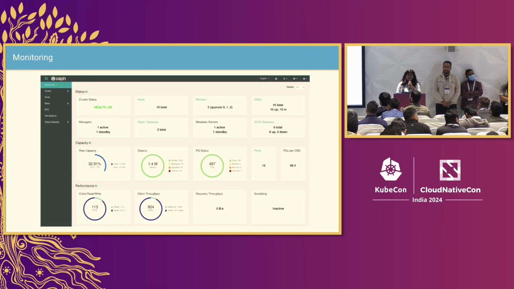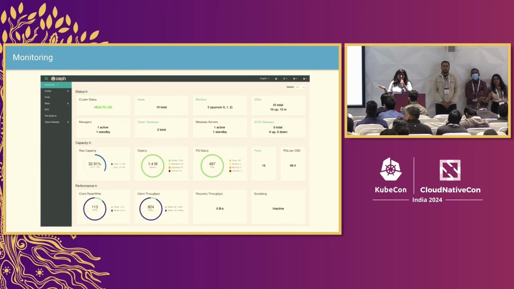And coming to the observability part of Rook, we also have Prometheus and Grafana integrated with Ceph. Currently for Rook, we are using these dashboards for providing the metrics associated with how the data is, where the data is. You can monitor the cluster status, see how many hosts there are, and check if there are any failures. Prometheus alerts are integrated as well, capacity, the number of object stores, and also the client throughput and other real-time